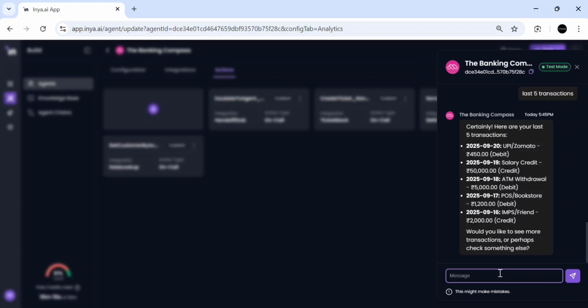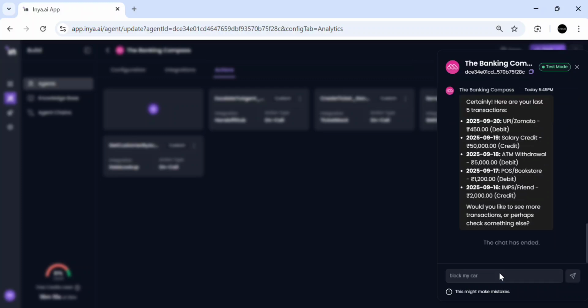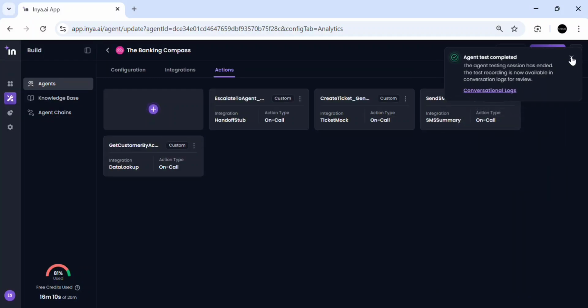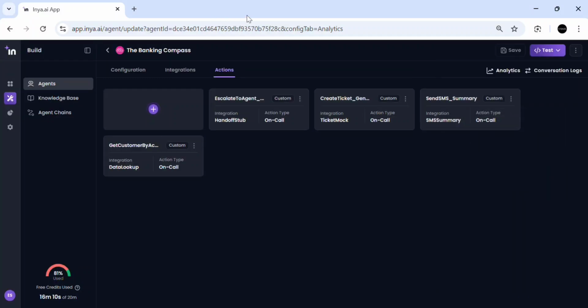These are my last five transactions. And let's do the card services also. For the card service, I will just enter a prompt to block my card. As I haven't written anything, the chat got